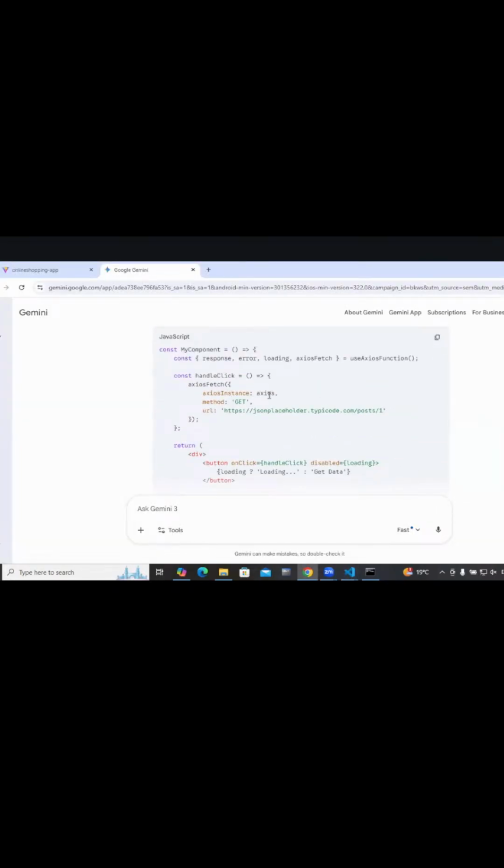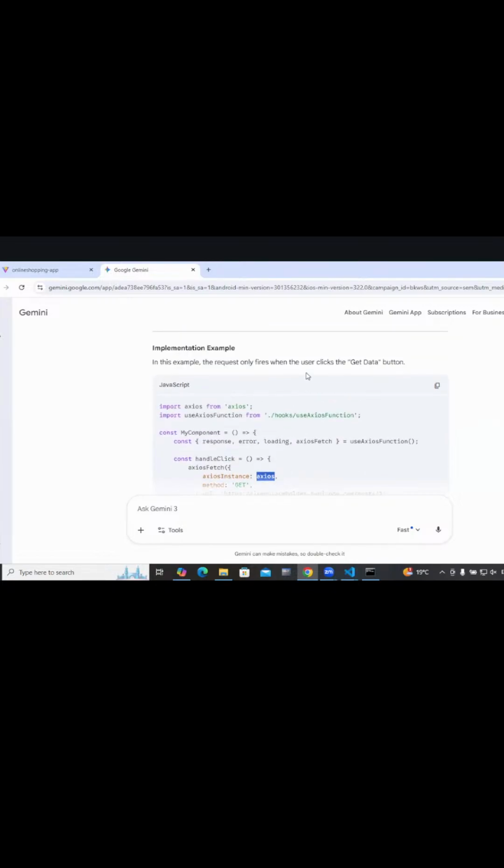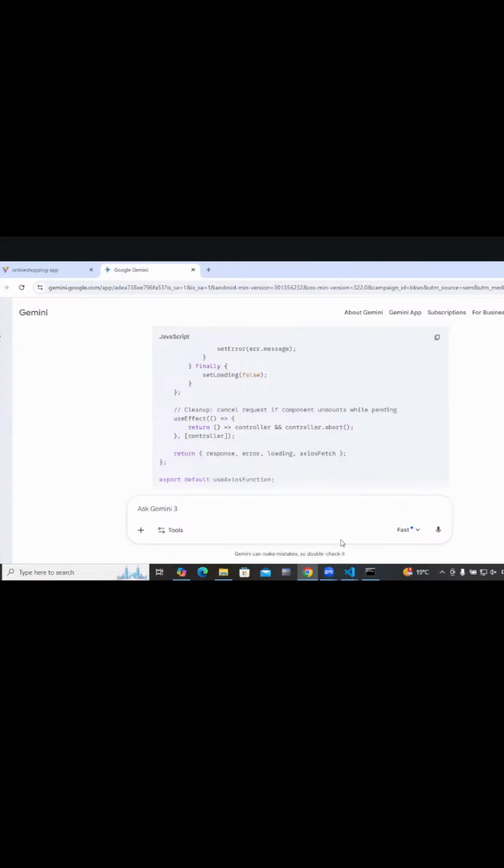Why is it Axios instance of method? Axios of get. This is something new. He's passing this Axios instance as an Axios object that we are using. Okay, let us keep it whatever they have given.